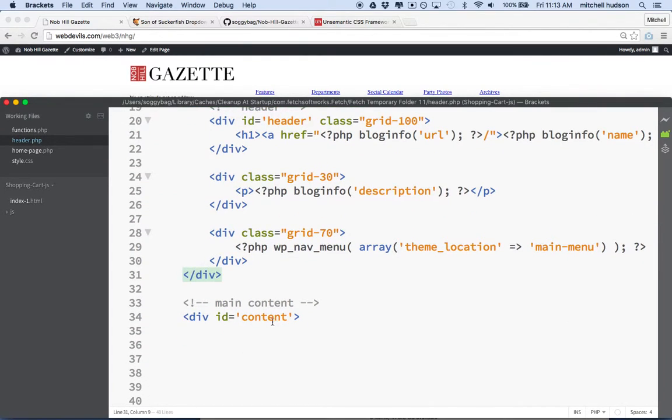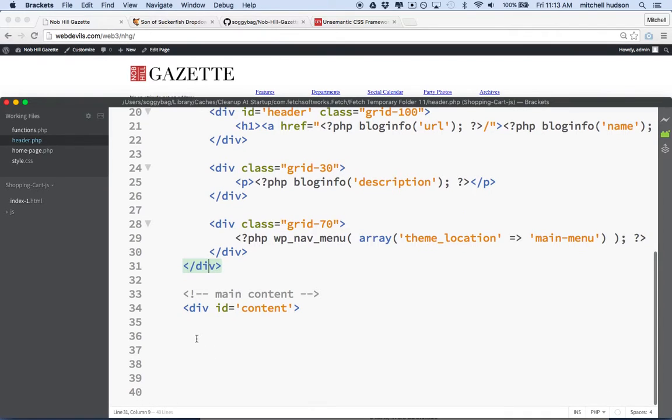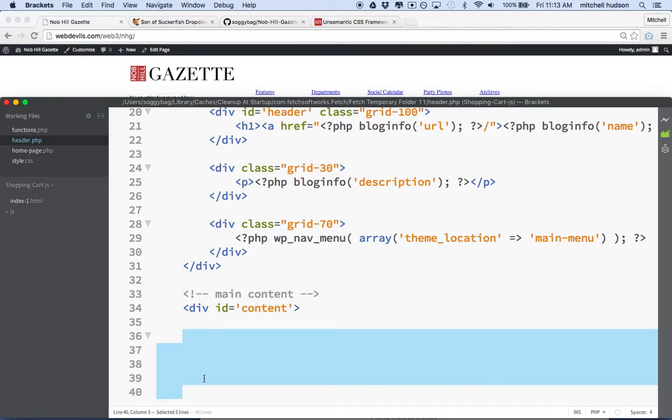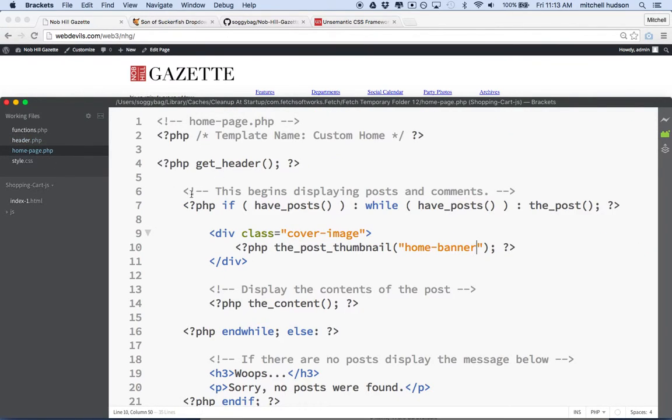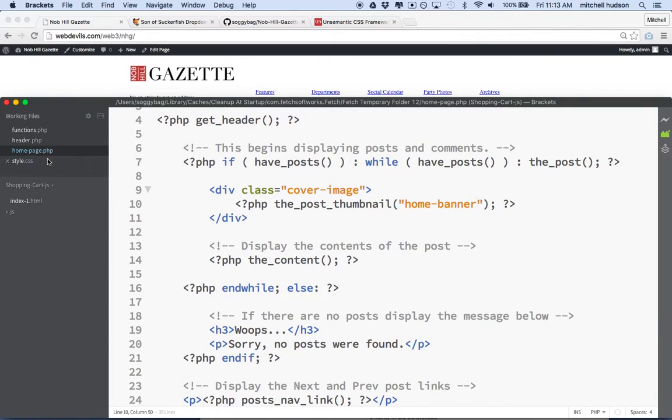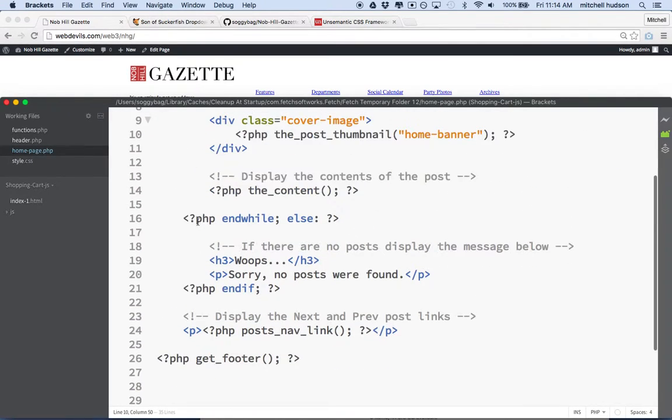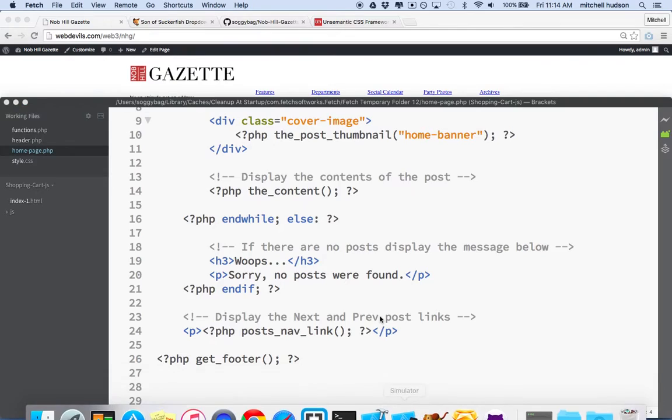And then I have this ID main content, and after this is where the main part of the page is going to be, right? So it's going to happen after this guy. What I'd like to do is get the main part of my page inside of the grid container. We could add the grid container class here to this tag if we like, or we could put a grid container inside of home page, right? So I think I'm going to take the first route,